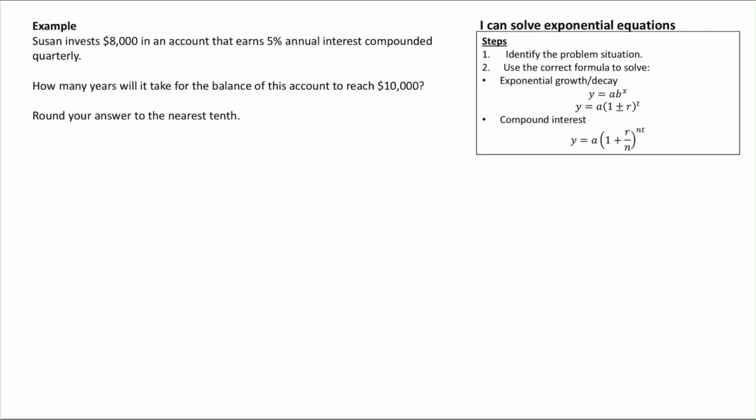So now let's try this example here. It says Susan invests $8,000 in an account that earns 5% annual interest compounded quarterly. How many years will it take the balance to reach $10,000? So whenever we have compound interest, we want to go ahead and